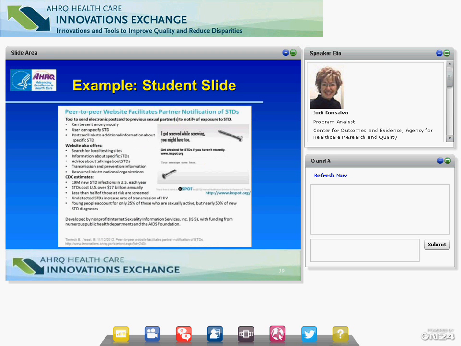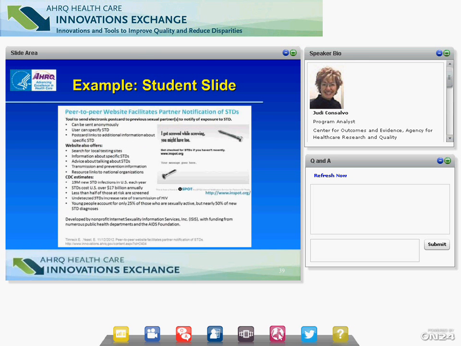And this one I always like because you can tell that they're students, and they selected an innovation with a visual that was on the Innovations Exchange for a tool, and put that up. So again, creative, informative, and had the students really have to focus, summarize, and hit the elements, which they will in turn be using in practice. The next slide